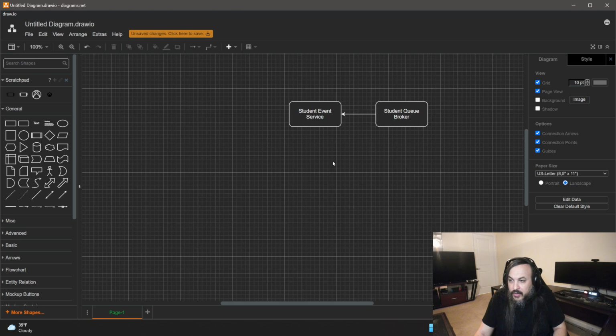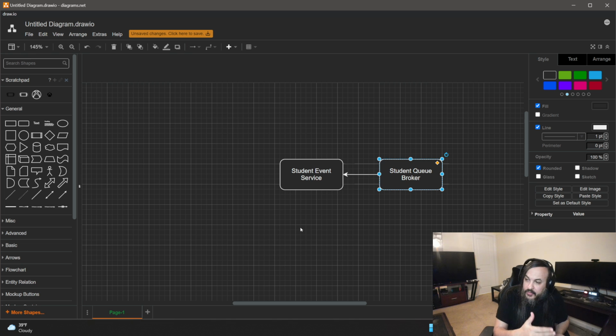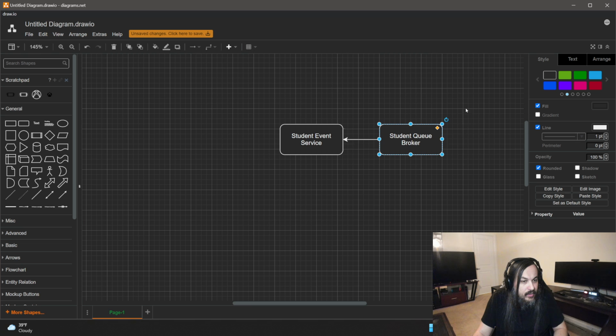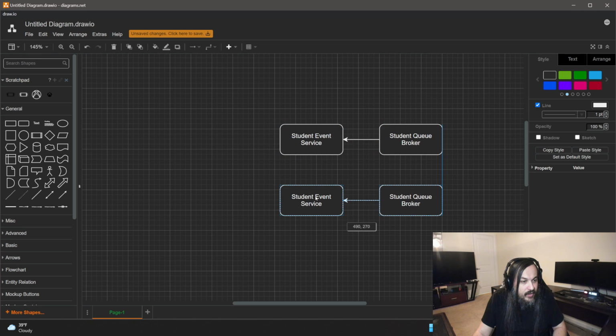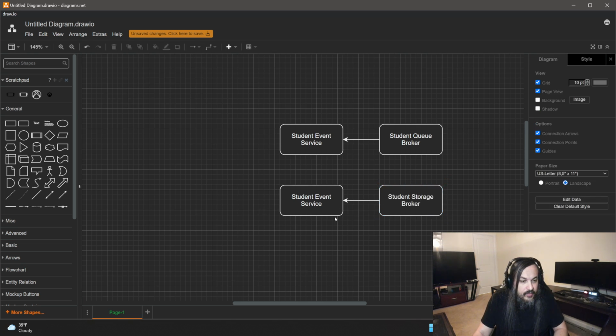A service speaks a little bit more generic language than the broker that it is talking to because it's not tied to any particular technology. So it is expected that the service itself stays as generic as possible. And then on top of that, we have another broker, a student storage broker. This student storage broker takes the event and persists it in the database, right?